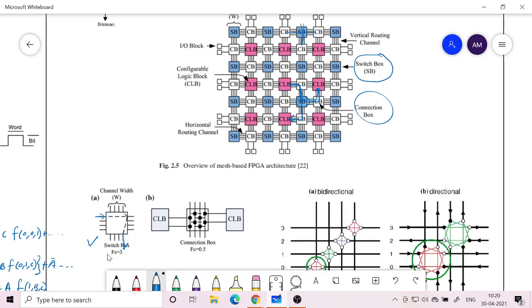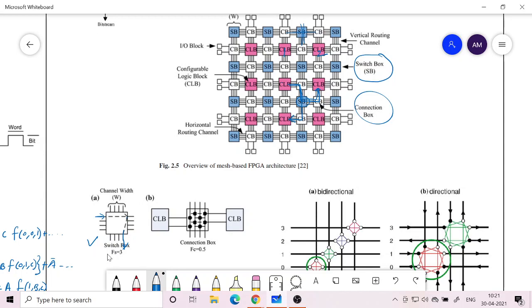Now what about the connection box? The connection box, if you look at it, is between two CLBs, the configurable logic blocks, say for example 1 and 2. It is basically where the output of the CLB is connected into the wire line. The output of the CLB has to be connected into the wire line, and only then will it be available in the routing lines.